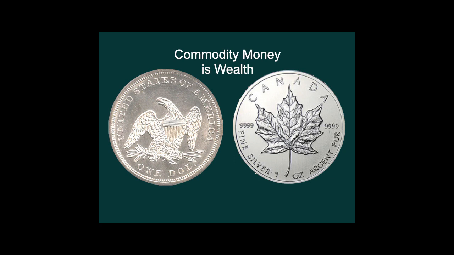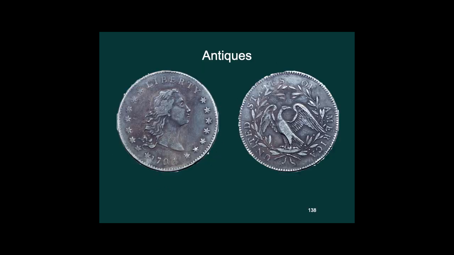But the fact that the Canadian dollar, which says $5, and the American dollar, which says $1, are worth the same amount, right? And they're not worth what they say on the face of them. They're worth whatever the silver's worth. So they're not really money. They're bullion. They're wealth. And the same goes for these antique coins. They have some silver and they're worth whatever the silver's worth, but the additional value that they're worth is simply what they're worth to a collector, an antique collector.